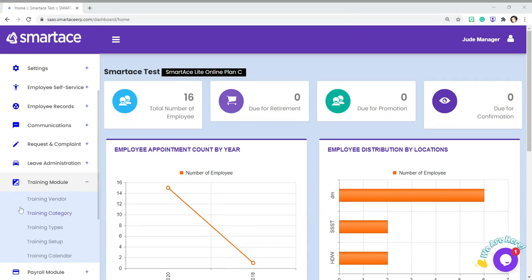The training model on the Smartace HR application allows you to create training vendors, create training categories and training types. You set up your training, you assign trainings to employees, and employees get emails that they've been assigned a particular